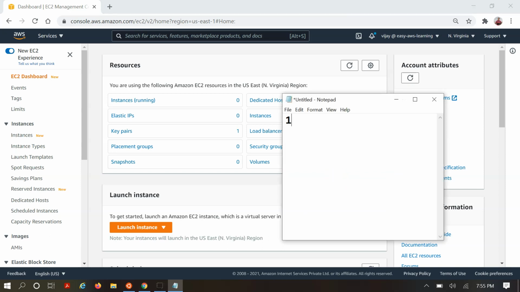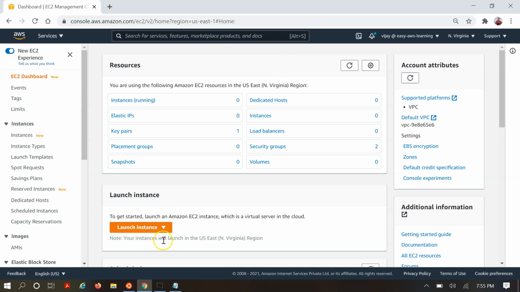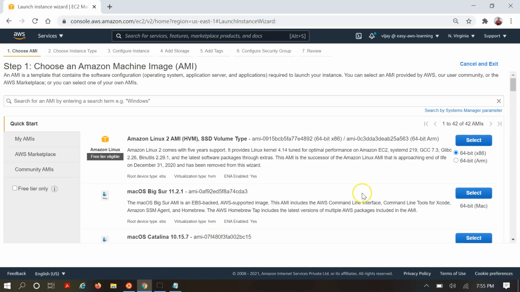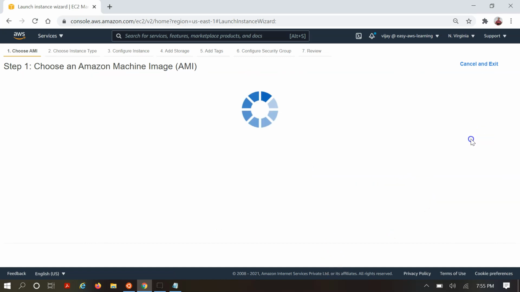So we'll start from launching a new instance. I'm moving to the EC2 console, and here I'm going to launch my instance. So launch instance here. We'll take the Amazon Linux 2.